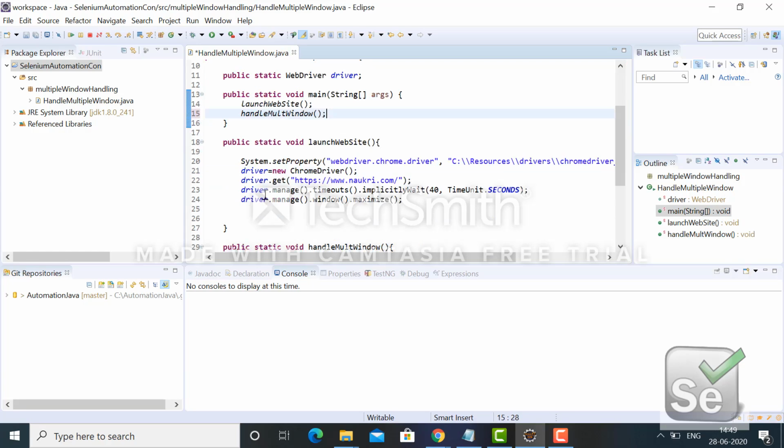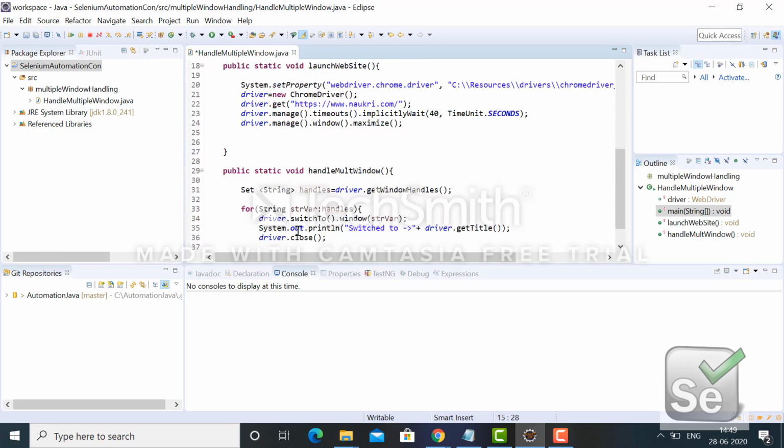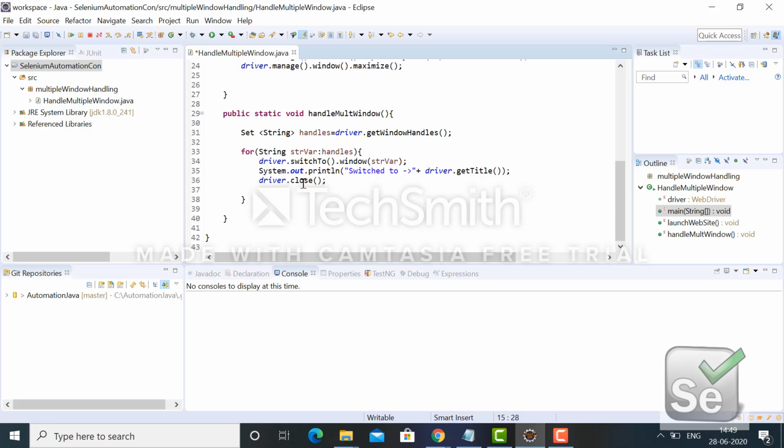This is also a static method, so I'm calling it. Now I'm putting one more print statement so that it will be more understandable.